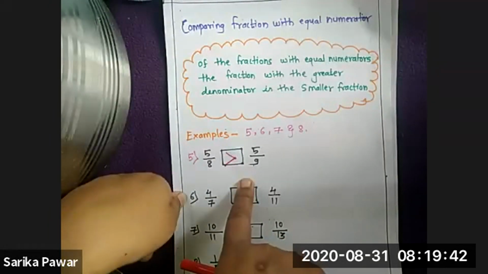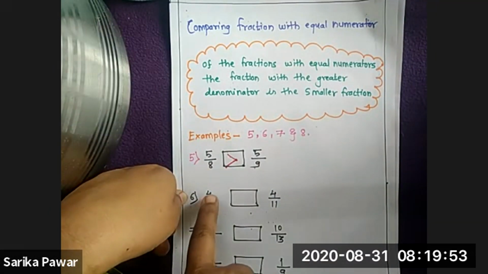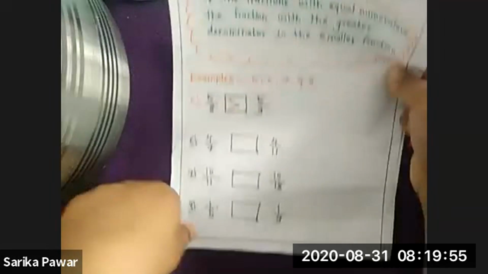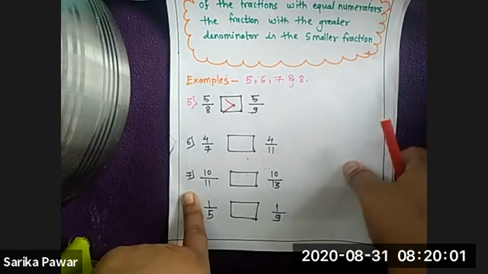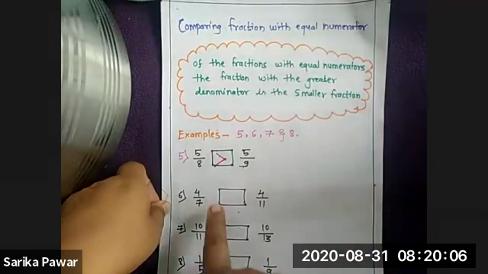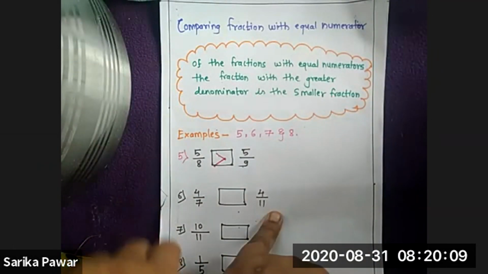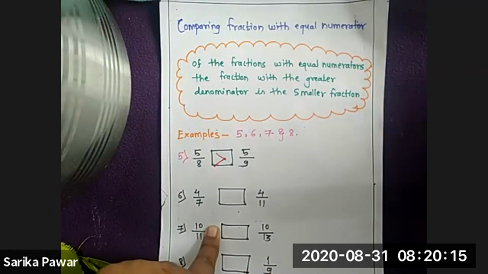Okay. Now next example, see here. Who is raising their hands up? Priyanshu, Kumari, Sarvesh Mahato and Madhiha. See here. 4 and 4. In problem 6, numerator values are same, 4 and 4. Now see 7 and 11. Now tell me which number is the greater, 7 or 11? 7 or 11? Tell me now. Hello? Who will tell the answer? Prajwal, Madhiha, Priyanshu, Prachi, all are raising their hands up. Shakil.